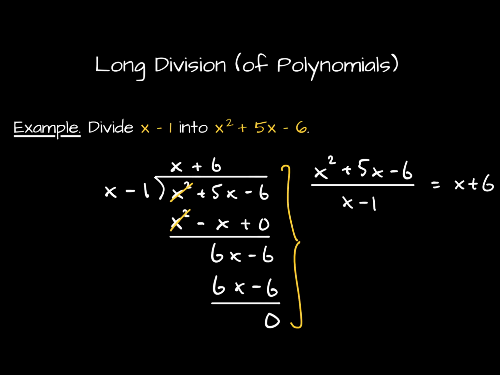And indeed, that makes sense if you remember how to factor quadratic expressions, because x squared plus 5x minus 6, of course, factors as x minus 1 times x plus 6. And of course, if that gets divided by x minus 1, well, we'll just be left with x plus 6,